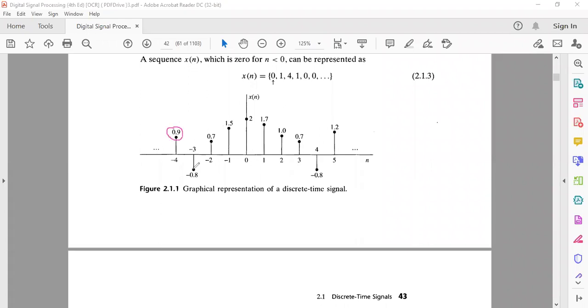It means that the value there is 0.9. This is the value negative 0.8. This is 0.7. This is 1.5. This is 2, 1.7, 1.0, 0.7, negative 0.8, 1.2. So it means that the signal that was sampled to come up with this discrete signal had these values at